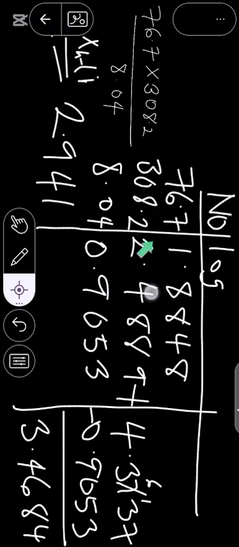This number is in standard form because we are writing it in standard form. If you want to write it in standard form, the decimal point has to move between the first and second digits, and this is what we have written here. So this calculation is going to tell us that the decimal point was here. Do you understand? Always remember that when you find the antilog, the decimal point will be in this place, right? Then when you now want to write your answer,